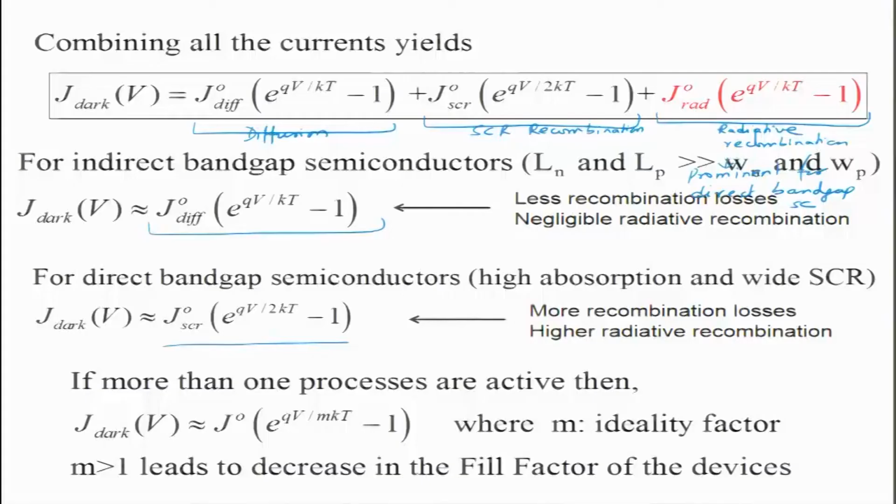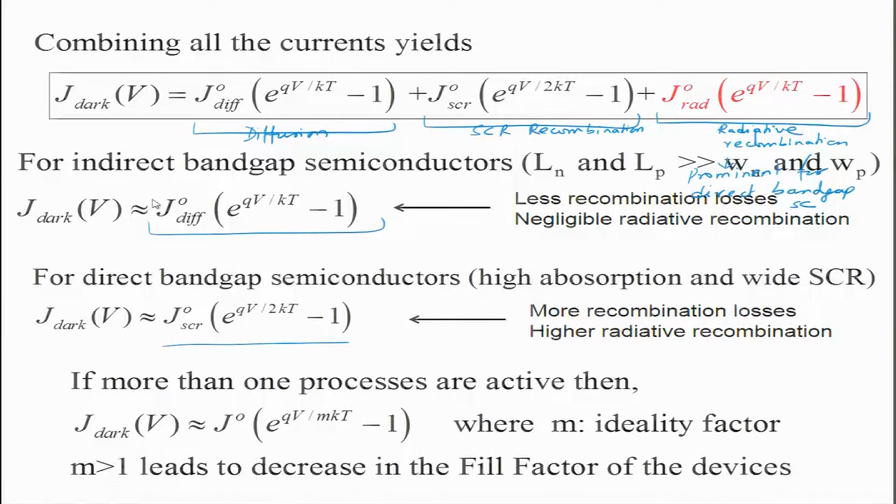However, later we introduced the space charge region current, which is finite in practical diodes. As a result of recombination within the space charge region as well as radiative recombination in the semiconductors, we have recombination current from the space charge region, and this gives rise to non-ideality in the devices. If you recall, we had this curve, we had this expression here. This tells us that dark current is equal to the diffusion current, which we also derived earlier, but in addition we have now added space charge recombination-generation current and radiative recombination, and these factors are dominant in practical devices.